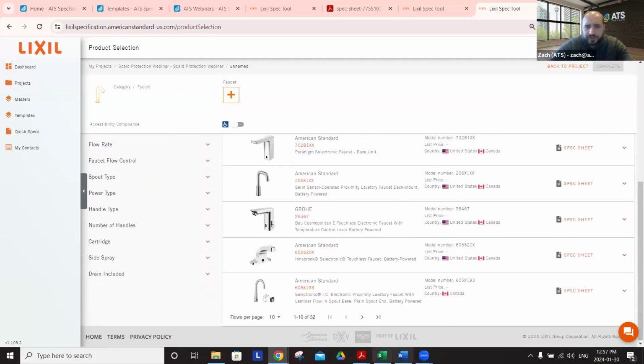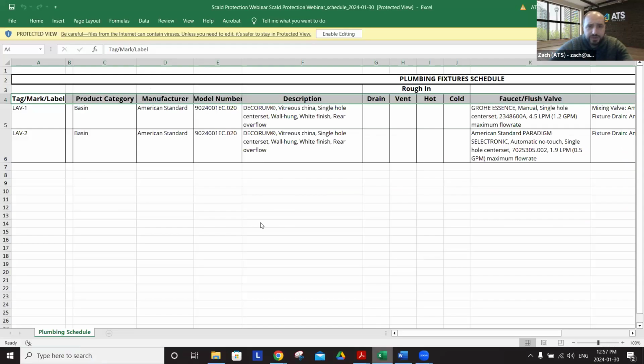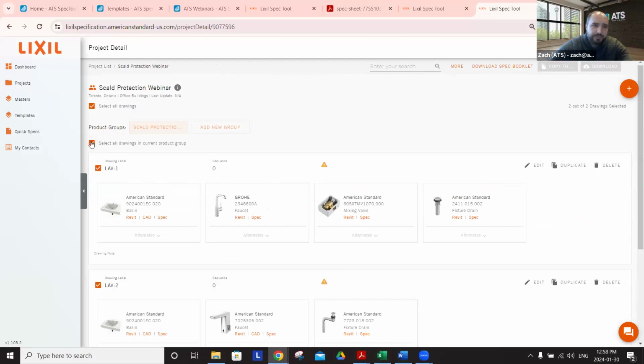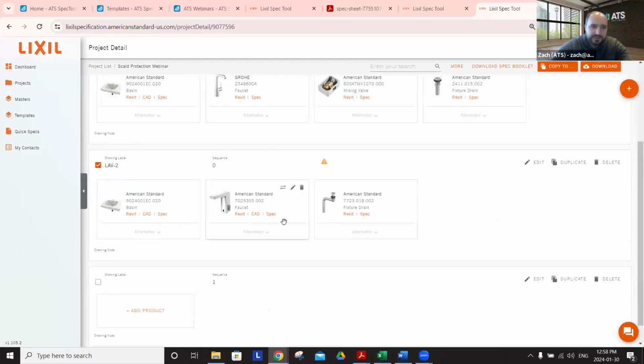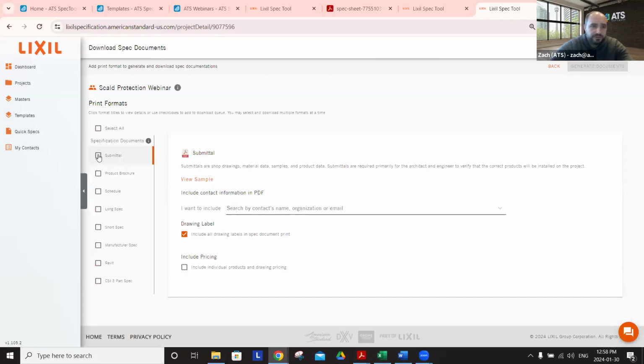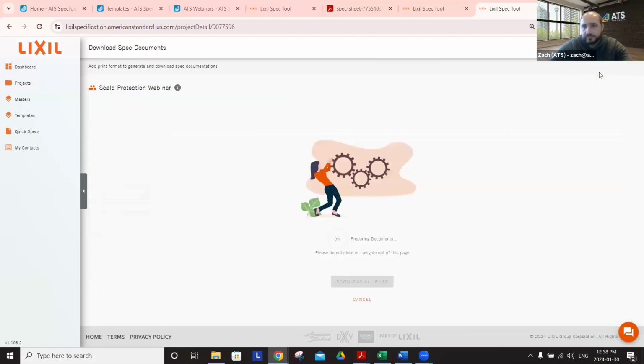So again, we talked a bit about the formats. I do want to show, I guess before I jump over to the actual format, just like before, just hit the box. You can see I can select all drawings. I can deselect certain drawings and hit download a submittal and a schedule. It'll just spin the wheel, load it up. And you'll be able to download all those different products, all those different file types in one zip folder,